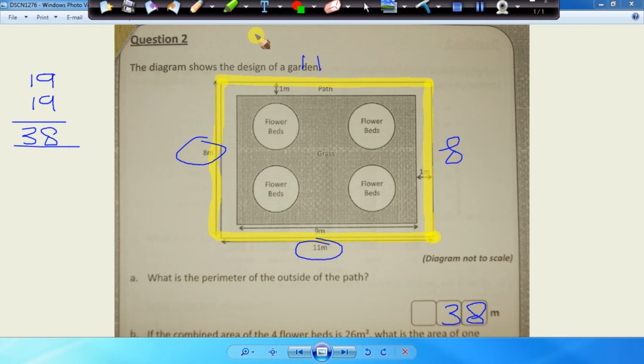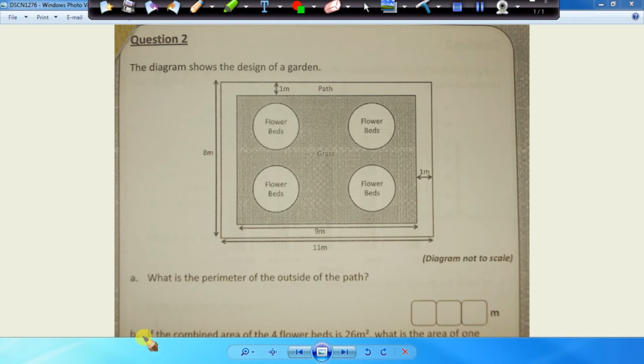Right, so I'm just going to clear this page for the moment. If the combined area of these four beds, so this bed, this bed and that bed, is 26 meters squared, what is the area of one flower bed? What do we do with the 26? We do 26 divided by 4, and let's have a look at that if you were doing it the bus stop method. So, how many 4s going into 2? The answer is